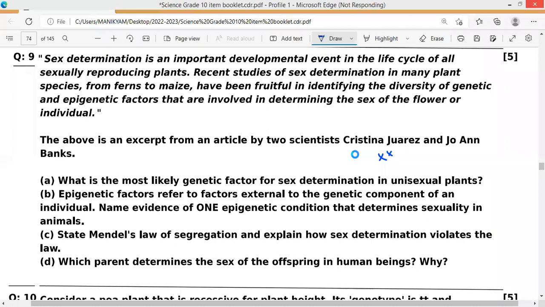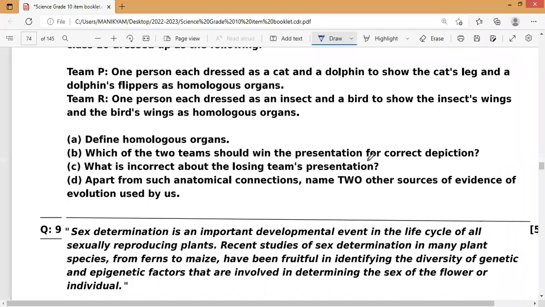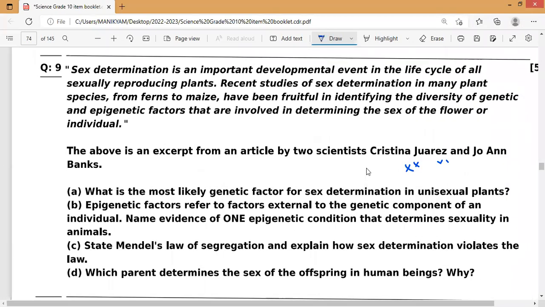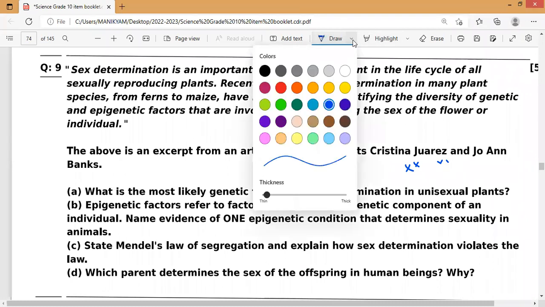What is the name called? Chromosomes or genes, yes or no? So which genes will decide the sex determination? Sex chromosome. Which is responsible for representing the gender, or you can take a particular character for the identification of a gender, male or female, or bisexual plants or whatever it is. Who will decide? That is called a gene. Which gene? A sex gene.